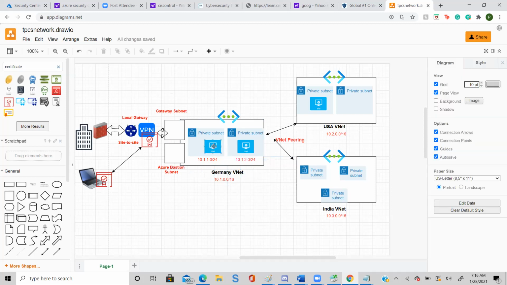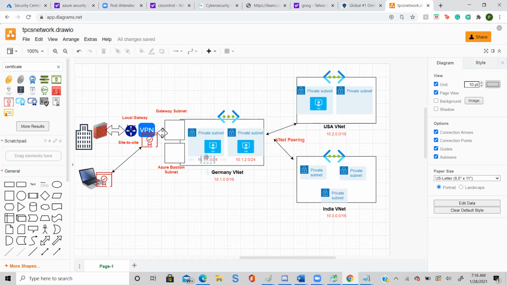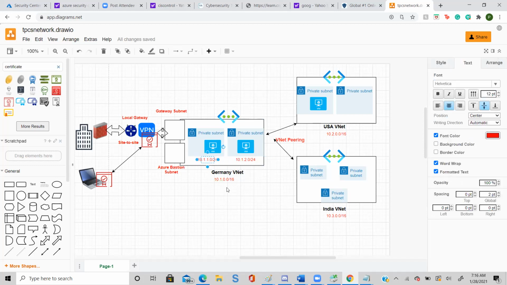So what will happen when you have a virtual machine here? The IP will come 10.1.1.1. If you put a second machine, the IP will come 10.1.1.2. Now for the Bastion subnet, I'm going to give an IP range, which is again 10.1. Why 10.1? Because it belongs to Germany, right?